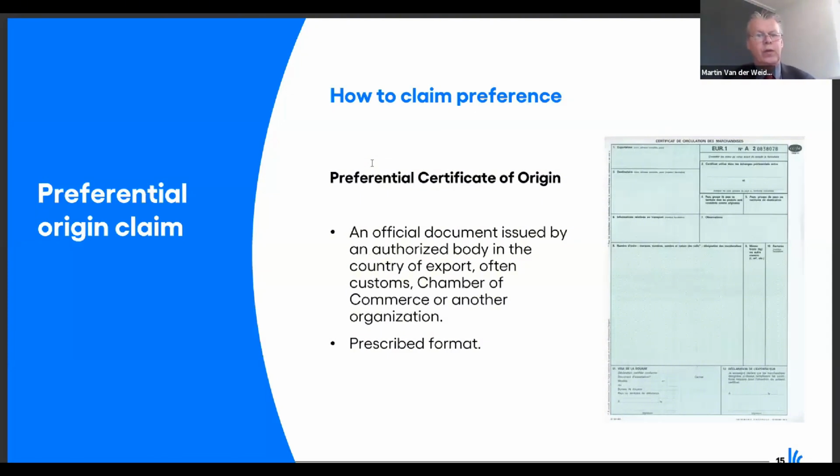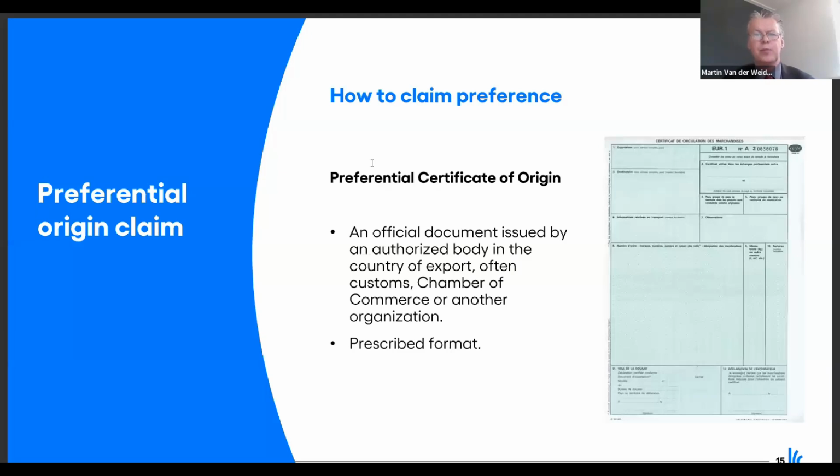You go to the authorized body. Often with preferential origin, it is customs, but it can also be a chamber of commerce. In the Netherlands, we are issuing these preferential certificates of origin as a chamber, but it can also be another business organization, but it is an authorized organization by your government. If you apply,